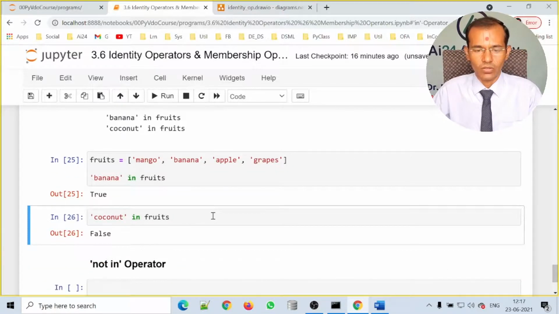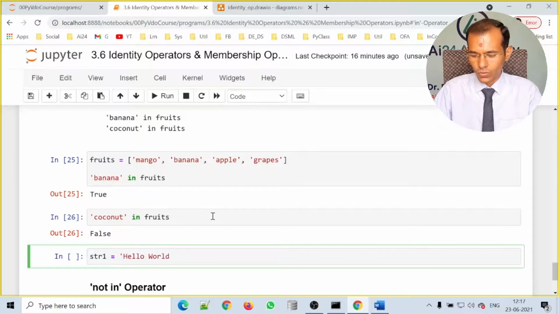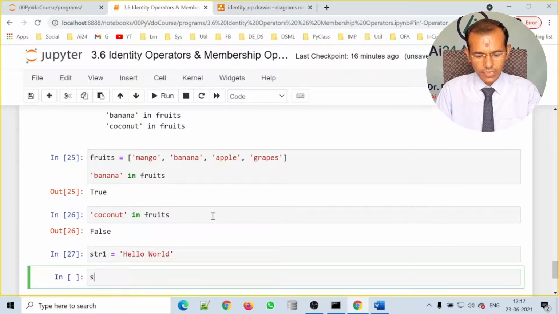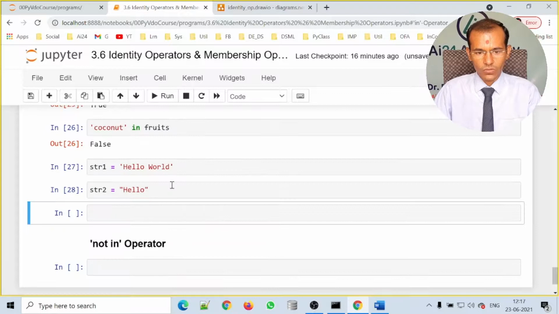Same way I can have str1 equal to hello world, and I have a second string str2 equals hello. I want to check whether str2 in str1 or not.